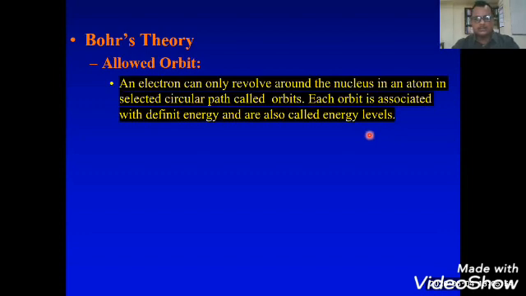So the electron in the second orbit will experience slightly lower attraction because the distance from the nucleus is increasing, and its energy will be slightly higher. So each orbit will have a definite amount of energy, and the energy increases as the distance of the